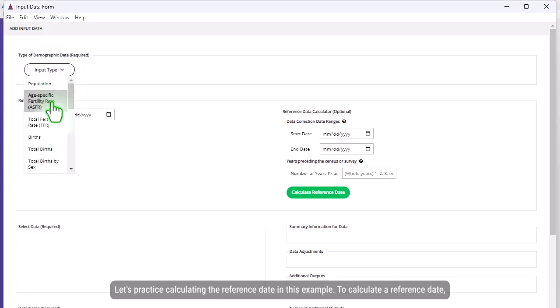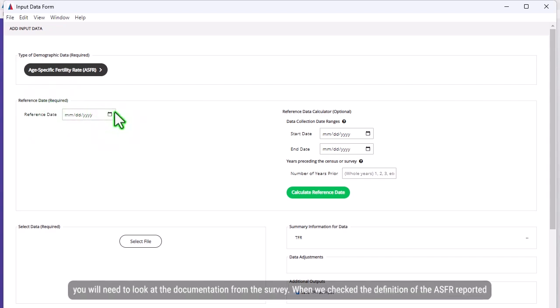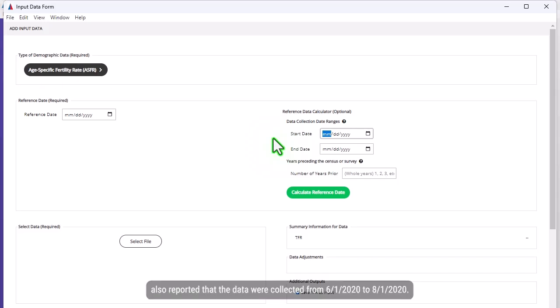Let's practice calculating the reference date in this example. To calculate a reference date, you will need to look at the documentation from the survey. When we checked the definition of the ASFR reported from the Poplandia survey, we saw that they were for the 3 years preceding the survey. The documentation also reported that the data were collected from